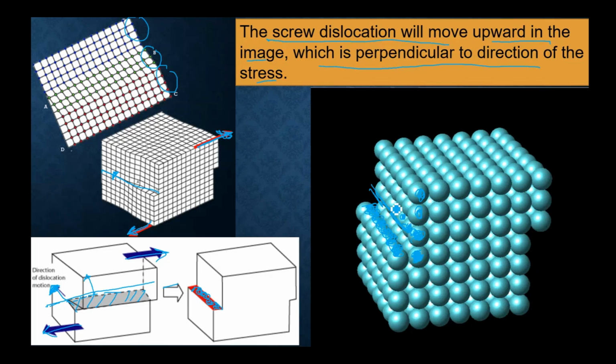So the stress was essentially applied in this direction, and if you see, the dislocation has moved from this point up till this point, which is essentially perpendicular to the direction of applied stress. Is this point clear to you guys? Yes, sir. All right. So what I'll do is